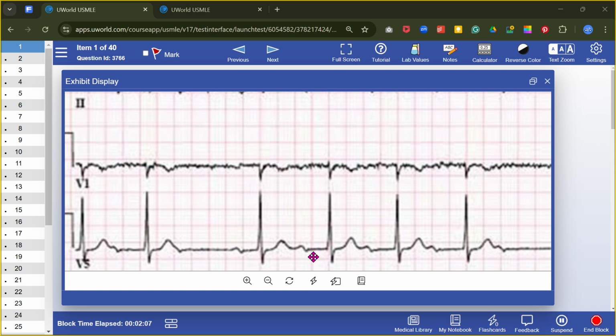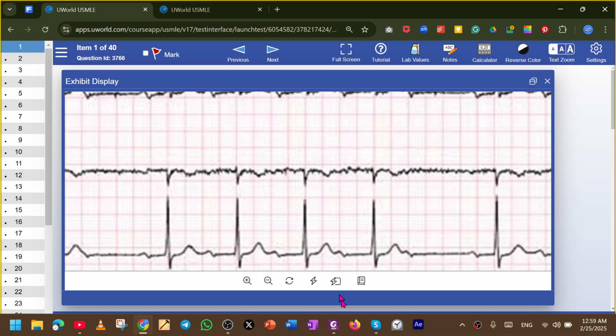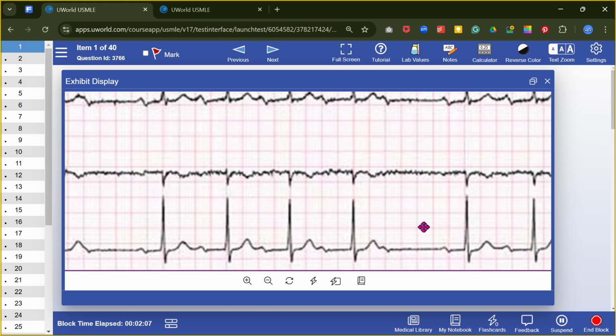It has two phases. There are plenty of P waves like biphasic, inverted P waves. So this P wave starts from here to here. So this PR interval, this one is larger than this. This one is again larger than this. This one is far larger than this, and then a drop beat, a P wave not followed by a QRS complex. Got it?